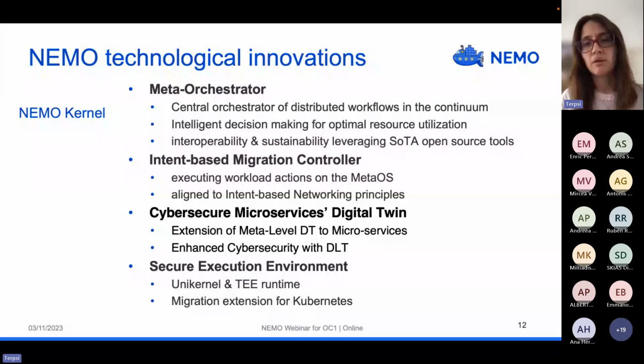So we follow here an approach for tracking microservices and accompanying them across their whole life cycle within the NEMO MetaOS. And it supports enhanced cybersecurity features integrated with distributed ledgers. The secure execution environment supports both a unikernel and trusted execution environment runtime, and also builds a migration extension on top of Kubernetes.